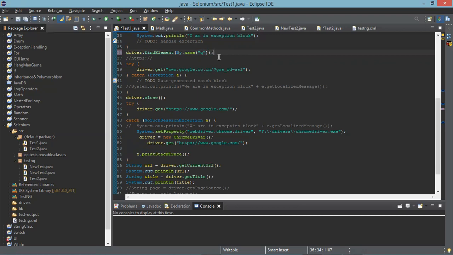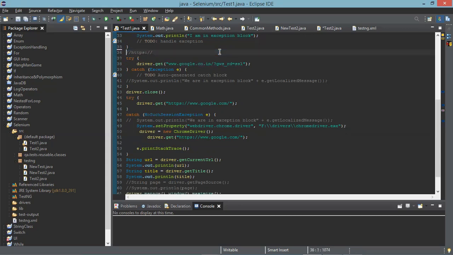To do that activity, what we need to do? We need to perform some method. Copy that line 36, cut it, and paste it after line 54, as the 55th line. Why? Because only after launching the URL you can enter something or click on something. So what I am doing is entering a value, and then I have to click on the page, so that I get the results.